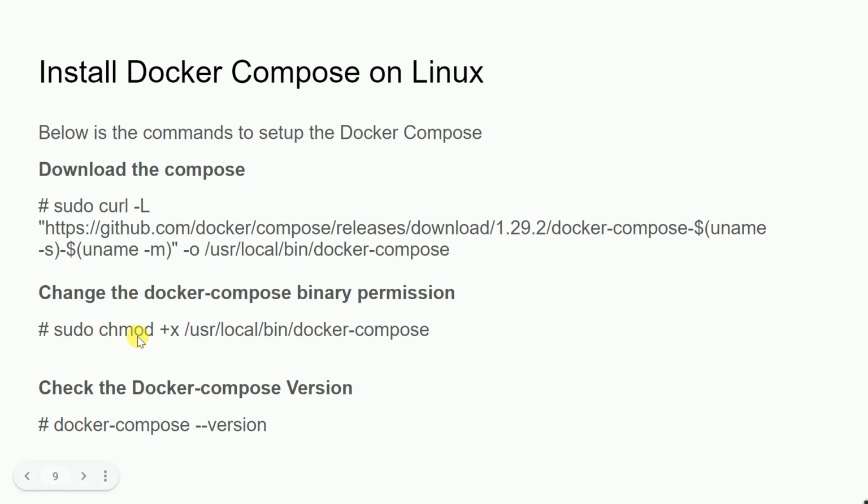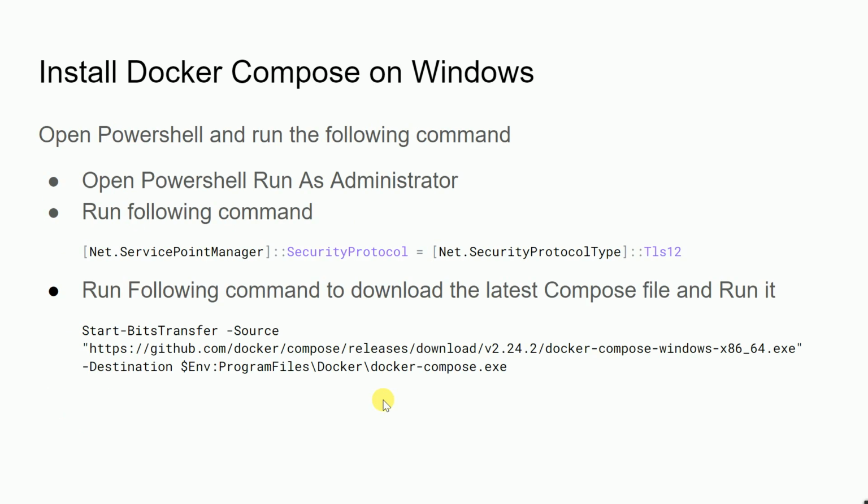Then you need to provide execution permission on docker-compose, and you just run the version command, docker-compose --version. For Windows, you would simply run as an administrator and run this command, or else if you have Docker Desktop installed, Docker Compose will automatically install with that tool. So these are the commands.